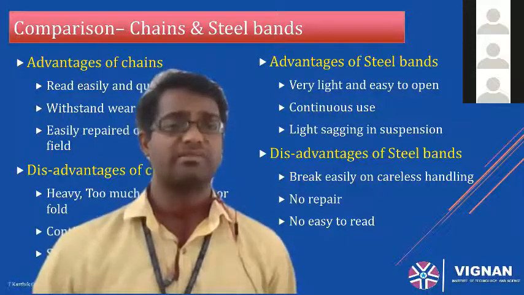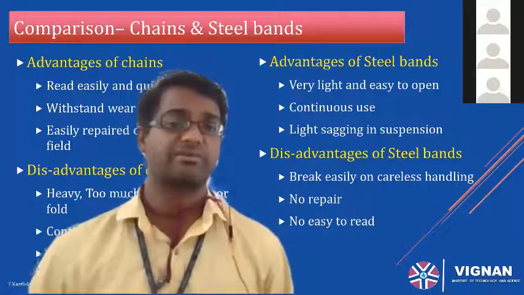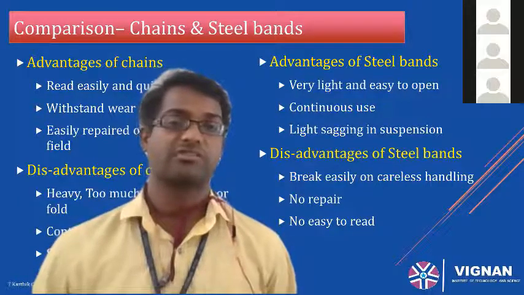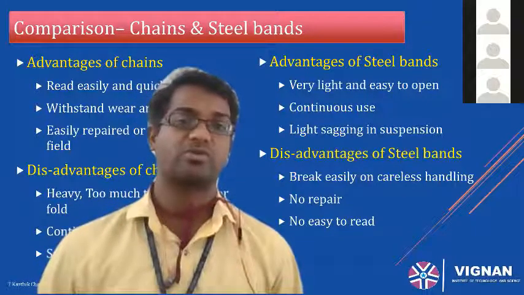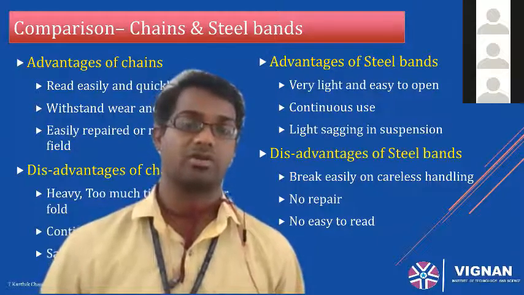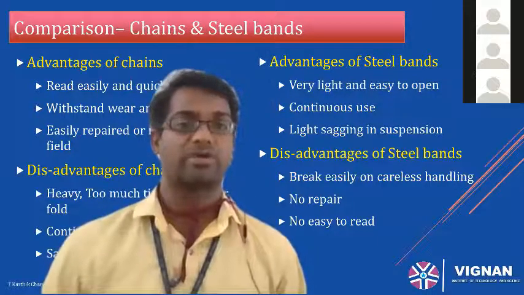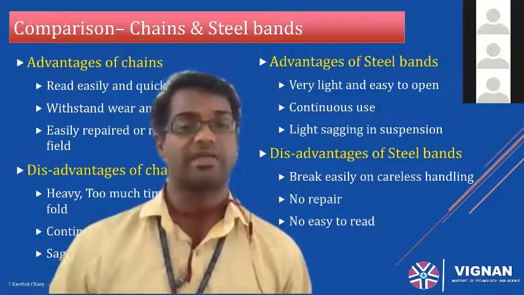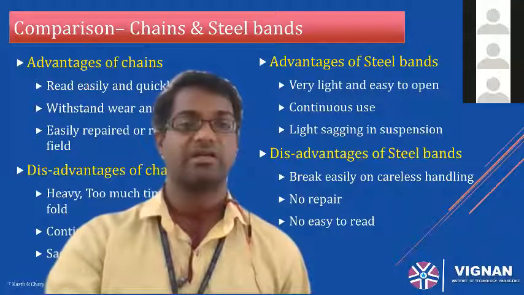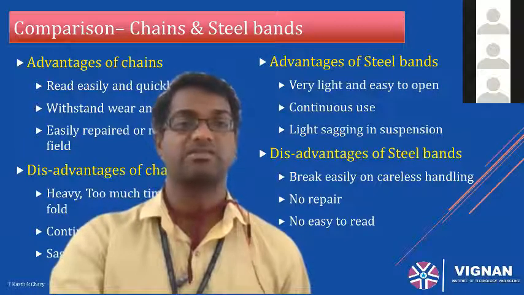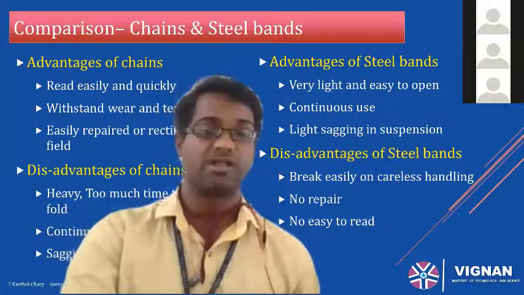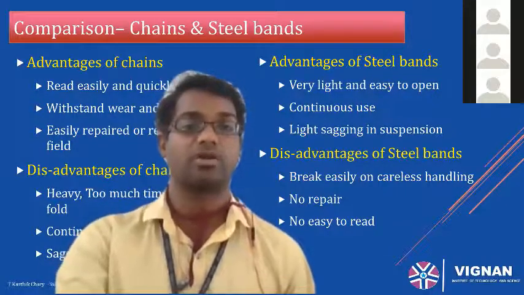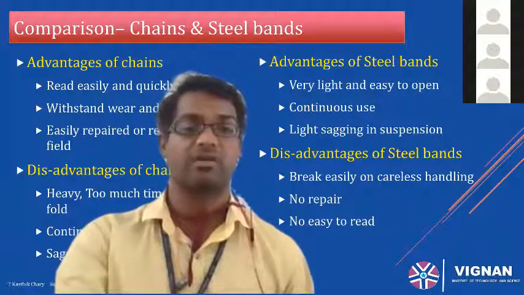And when you're using steel bands, even though it is marked centimeter, decimeter, meters, it is very hard to read also. So you always have a surveyor who is a well-learned person who is technically sound, but you have the followers around you who are going to tell you the actual length of it. You might have a problem in them understanding the actual value of it. So these are the points when you compare chains and steel bands. So I recommend chains are much better, even though they are heavy. They are easy to carry, and you can complete your linear measurements within a limited time.